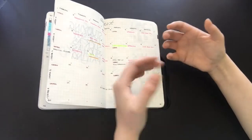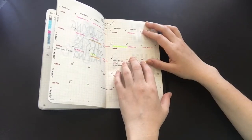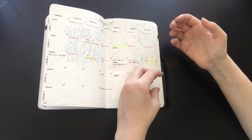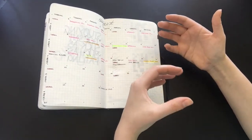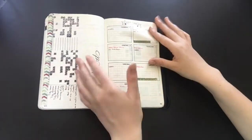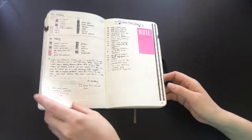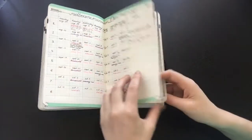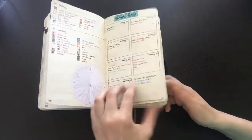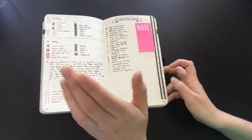And it is possible to forward plan in a bullet journal, but the method just wasn't working for me. It wasn't the most intrinsic method, or the method that I'd choose off the cuff, and I was like, okay, I have to look at other planners, and that's what brought me to a Hobonichi. But I'm just going to stick with my bullet journal for a while. So, yes, I got my Hobonichi right here today,